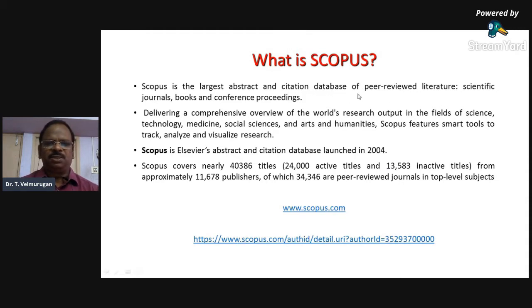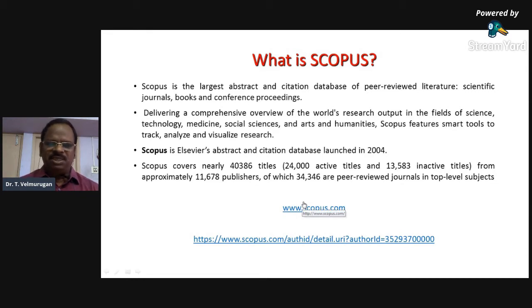This is Scopus. Scopus was created in 2004 by the Elsevier company. Elsevier has more than 2,500 journals. What is available in the Scopus database? Scopus is an indexing service.